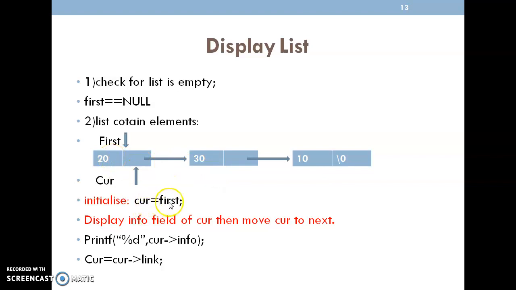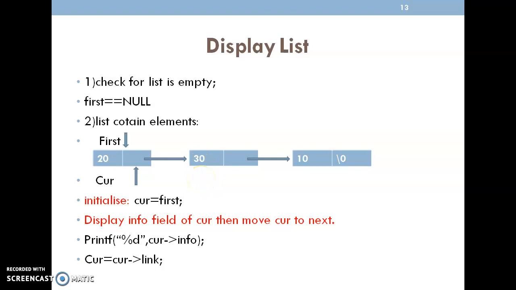If I'm taking current equal to first, current will be positioned at the first node. So printf percentage d current pointer info, 20 will be displayed. Then after displaying the first node, the current has to move to the next one. Current equal to current pointer link. It will come to the next node.